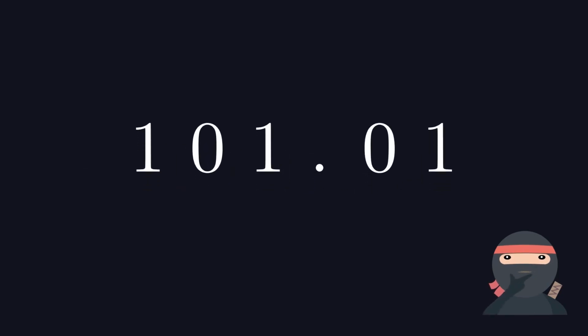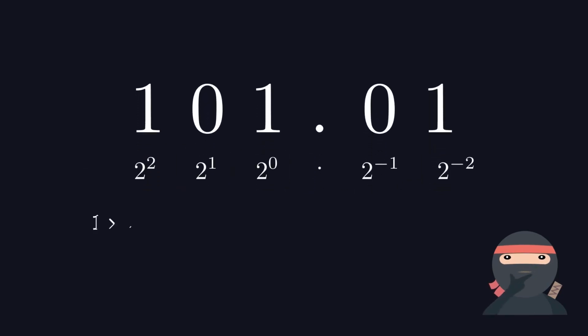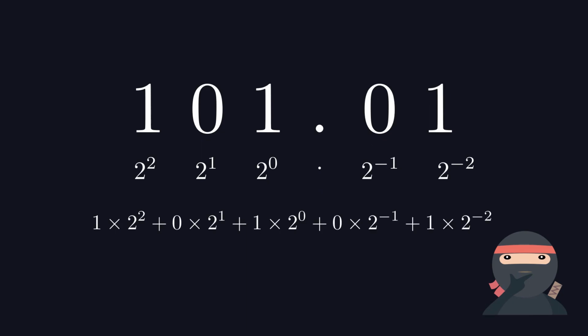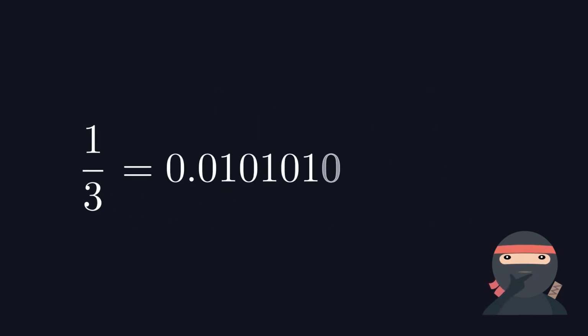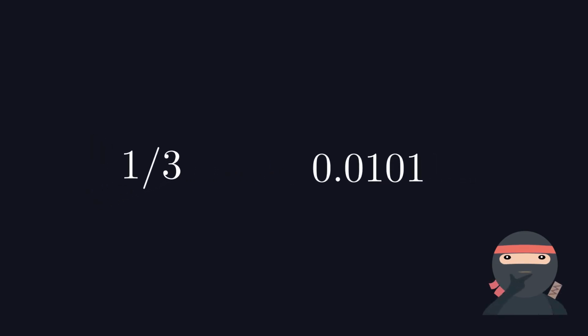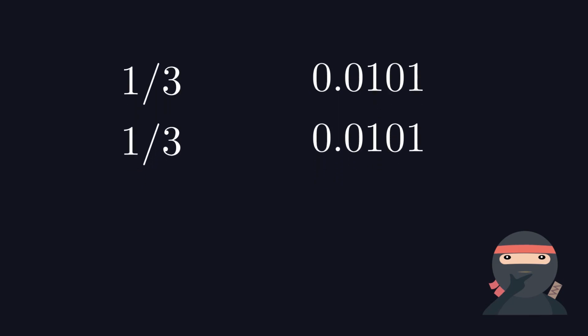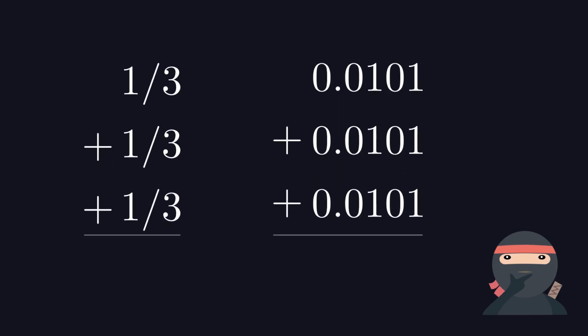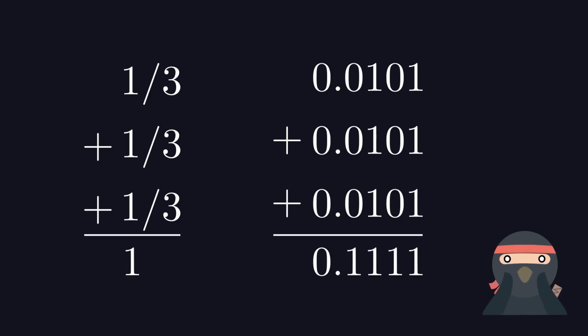In the binary number system, we use powers of 2 to represent a number. If we try to represent 1 by 3 in binary, then we will run into a similar problem. Since computers don't have infinite memory, we need to stop somewhere. Let's take 4 binary points. Now let's add them up 3 times. As you can see, our results don't match. Python can recover from some of these types of errors, but not all of them.